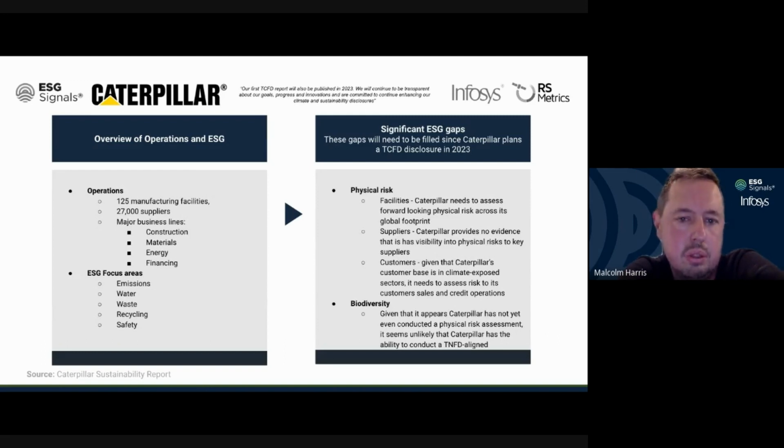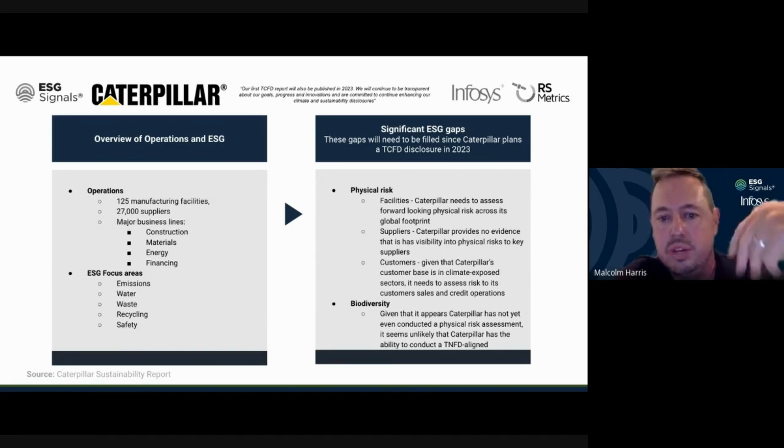And I should mention, if you look at the quote up ahead, they've publicly committed to putting out a TCFD aligned report. One of the demands of TCFD is that you disclose an assessment of physical risk to your operations. So they've basically publicly committed to put themselves on the hook for this assessment. Their facilities obviously are an issue, and they should assess that, but if we've learned anything from COVID, it's that supply chains are increasingly problematic. So if I were sitting in their shoes, I'd want to be doing the same thing for all my suppliers.